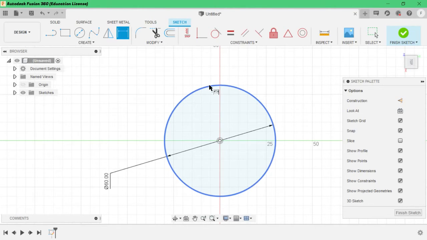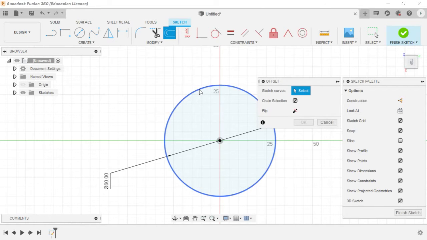The wall of the cylinder has to have some thickness, so we have to give the circle a thickness by clicking offset. Click on the curvature arc. We have to give the thickness. Now I am giving 2 mm. You have to be particular with every dimension, so I am giving 2 mm. If you want the new circle to be inside, you have to type -2, so the circle will be inside. See, the circle is inside, -2, and then click OK.